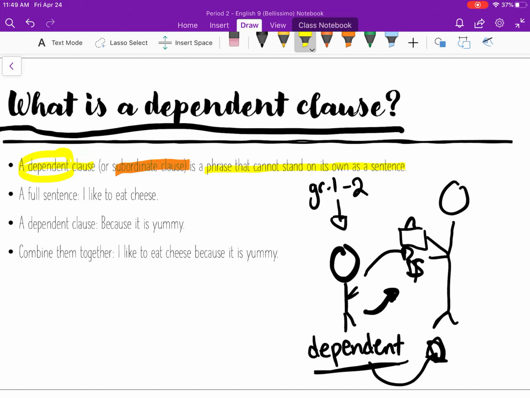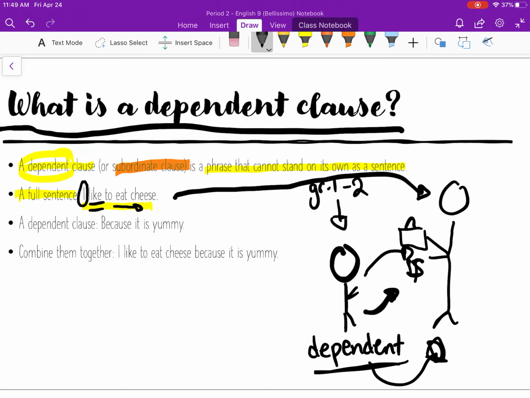So, let's take a look at an example of a full sentence. A full sentence would be kind of like your mama or papa character in the scene. I like to eat cheese. This is a full sentence. We have our subject, right? We want to have that idea of subject. So we have the who or the what. We have our verb. And then we have the object or the rest of the sentence,